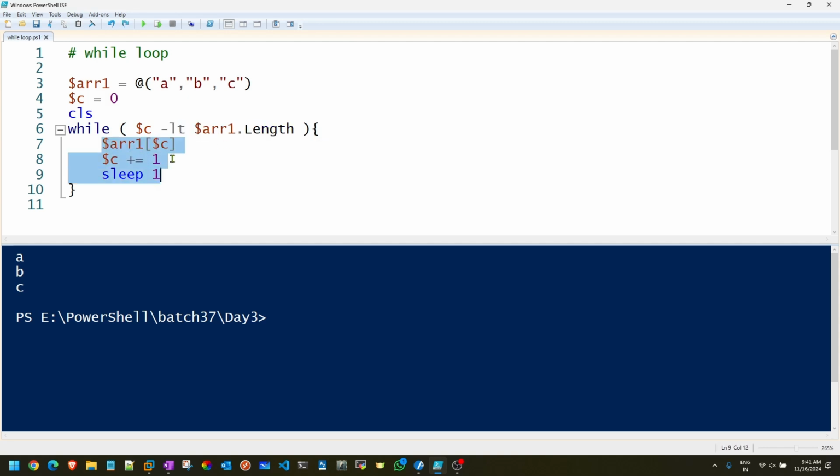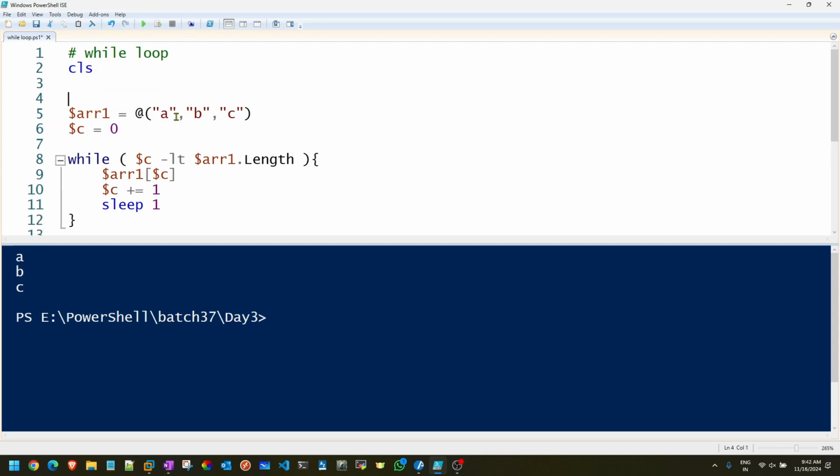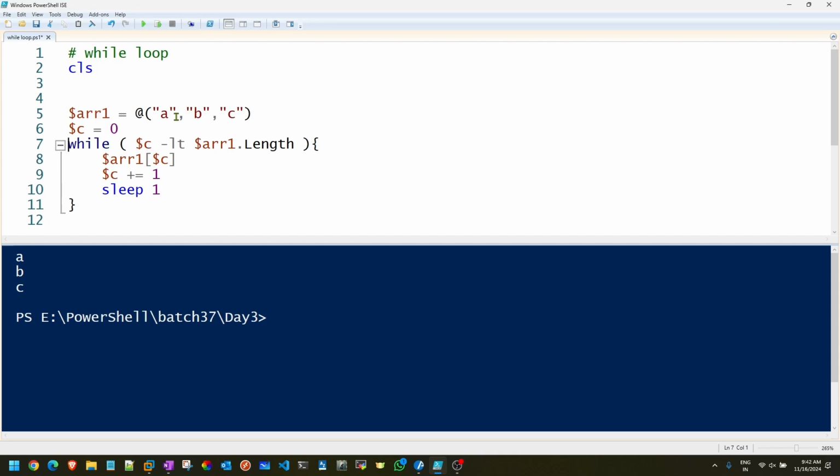run this entire block, increasing the value by 1. Now 1 less than 3. So we know logically how it is going to work out, but let's see practically how it works. So for that, I'll remove this clear screen from here and put it over here. Now, the first major mandatory thing that you have to do when you start debugging,